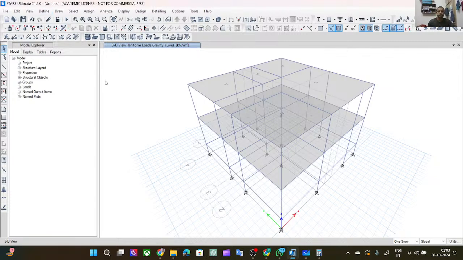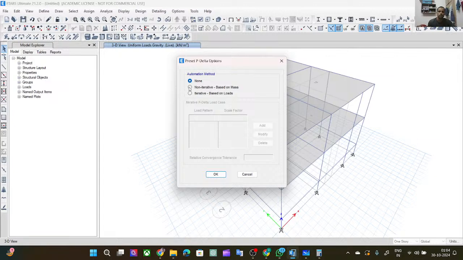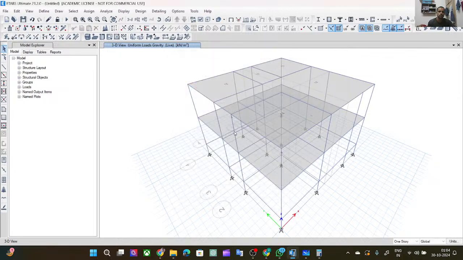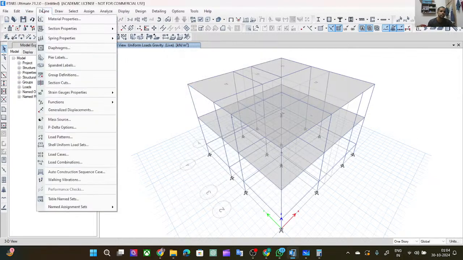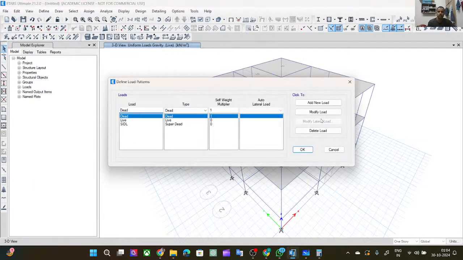Go to define and function, mass P-delta option, non-iterative based on mass, automatic methods. Okay, and second is define load patterns. I have to make load patterns. Now I will create